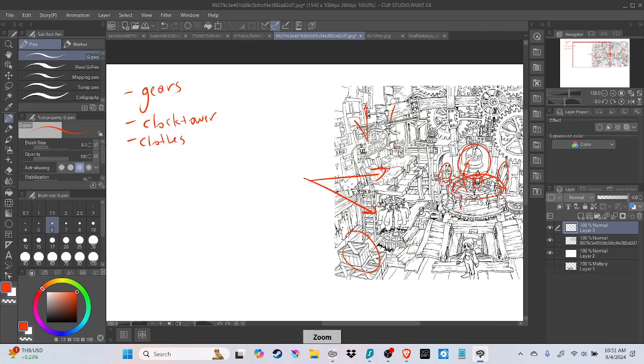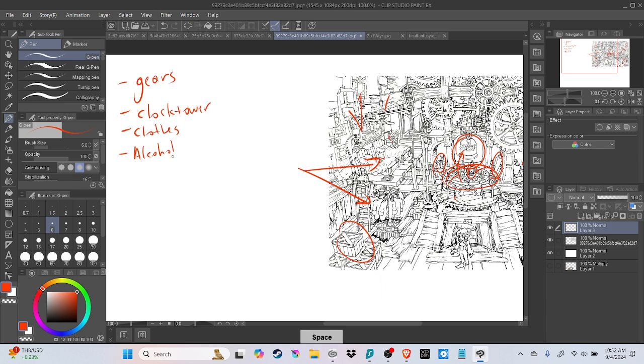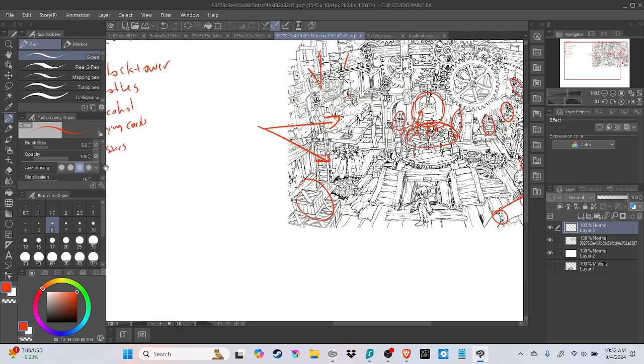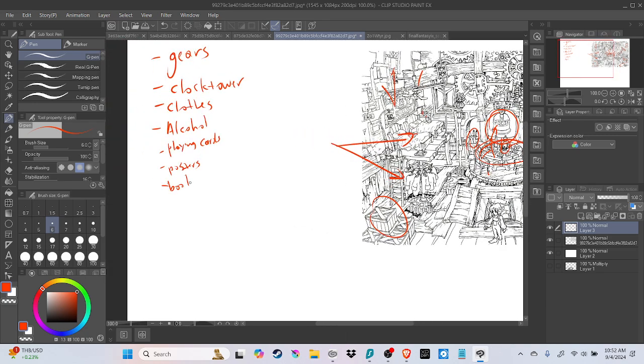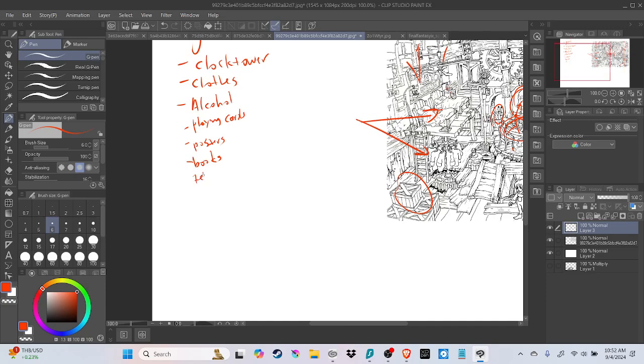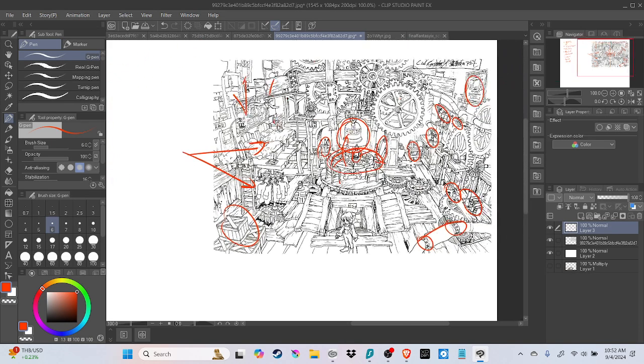All right. So we have clothes, alcohol, playing cards, posters, books. So what do all these different elements, telescope, what are all these different elements tell us about what's going